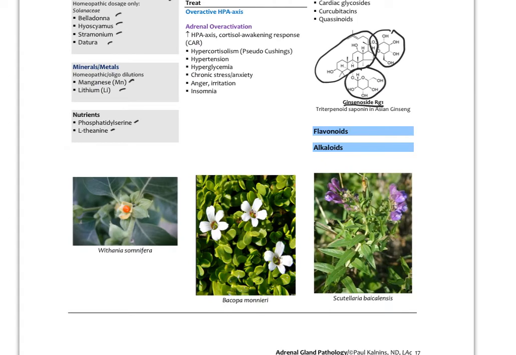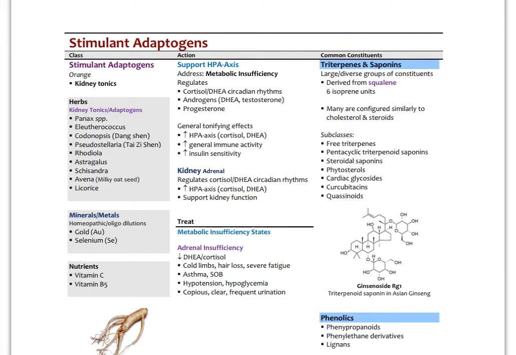All right, so that is to address the resistance phase of the general adaptation syndrome. Finally, to address the exhaustion phase with generally lower cortisol and DHEA and dysregulated HPA axis, we're going to think about using adaptogens to upregulate that, and I'm calling these the stimulant adaptogens. And that would include the Panax species like Panax ginseng, but also American ginseng, Eleutherococcus, Codonopsis, Pseudostellaria, Rhodiola, Astragalus, Schizandra,